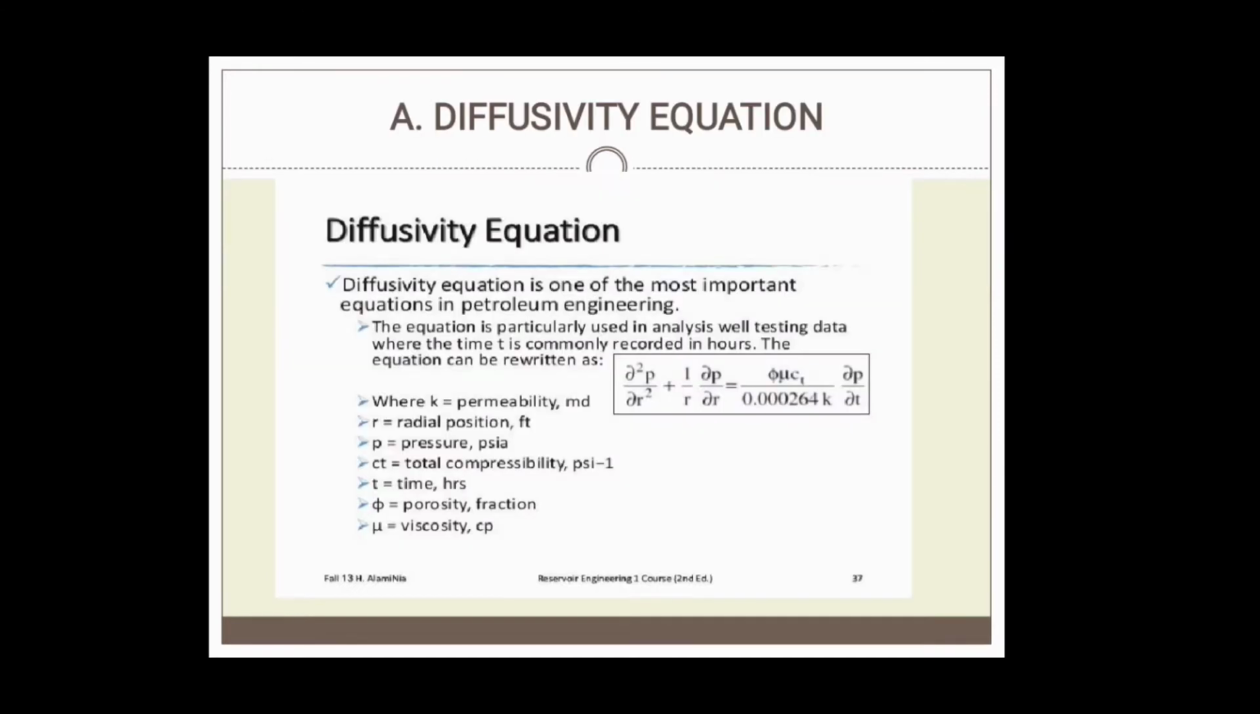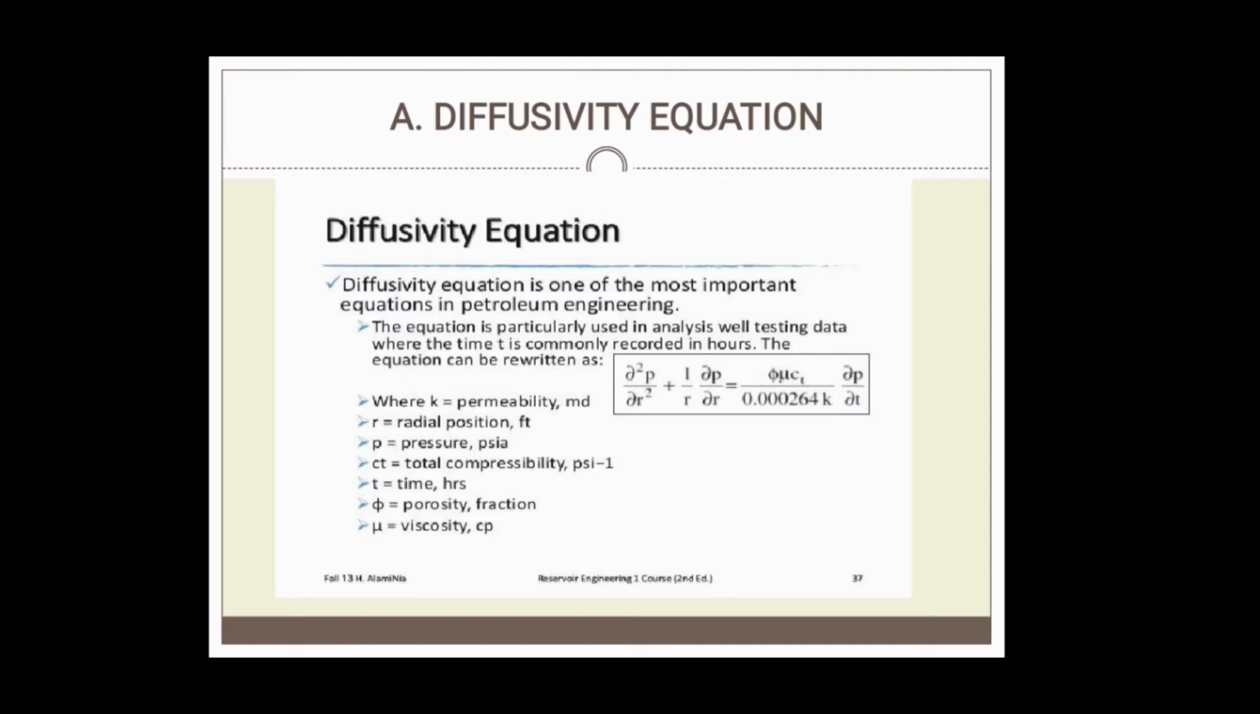So first is the diffusivity equation. The diffusivity equation is one of the most important equations in petroleum engineering. The equation is particularly used in analysis while testing data where the time is commonly recorded in hours. The equation can be written as